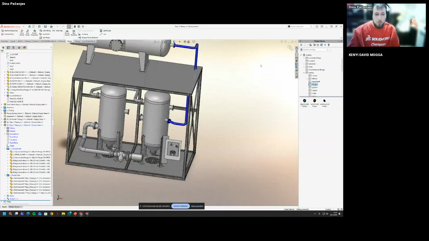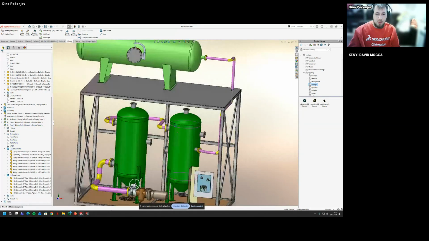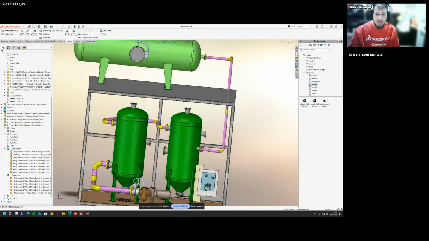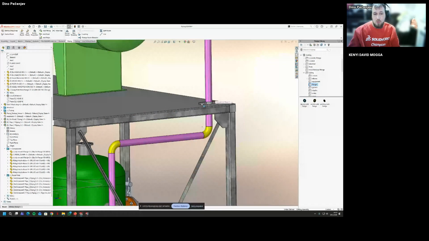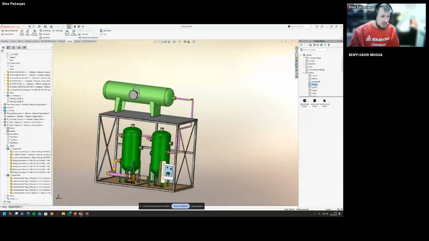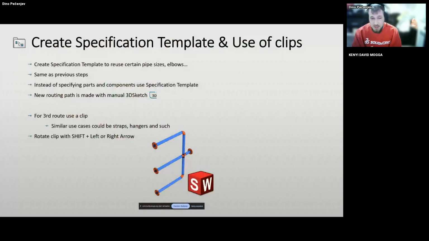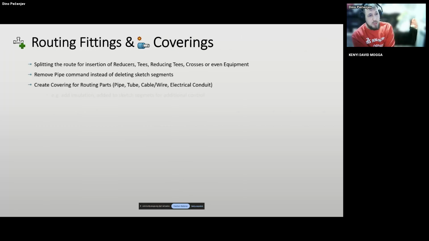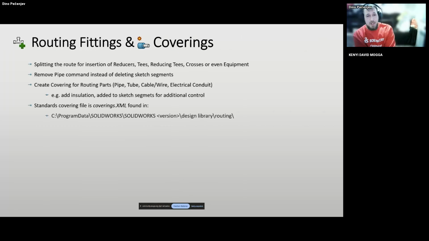So this is for our third part where we use the clamp as a clip to complete the route. And let's move on to the next part of this session. What we're going to do is use some additional fittings and we're going to use coverings.